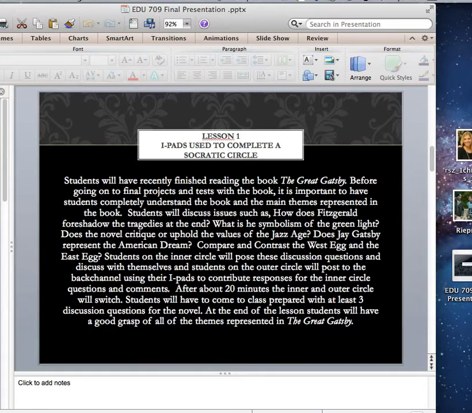So with the Socratic Circle, students will discuss issues such as how does Fitzgerald foreshadow the tragedies at the end, what is the symbolism of the green light, does the novel critique or uphold the values of the Jazz Age, does Jay Gatsby represent the American dream, compare and contrast the West Egg and the East Egg. So these are some main questions that students will need to know answers to from their book before final tests and projects. So how this will work, students in the inner circle will pose discussion questions such as these,